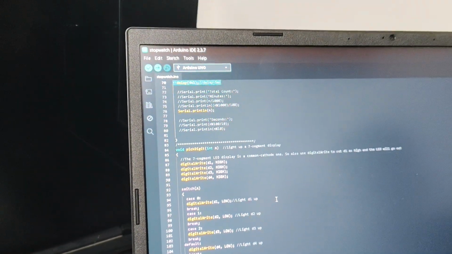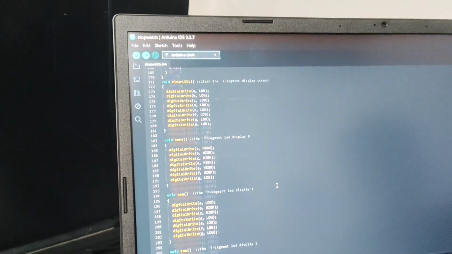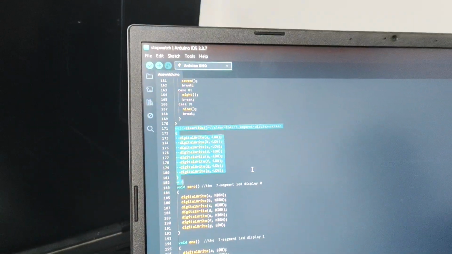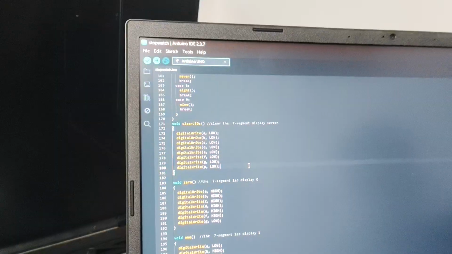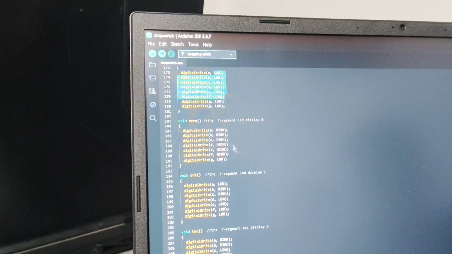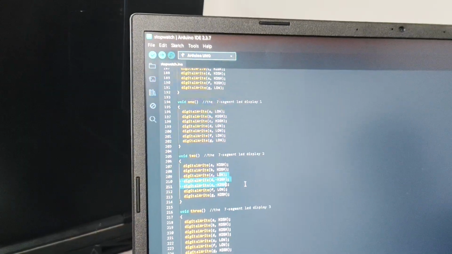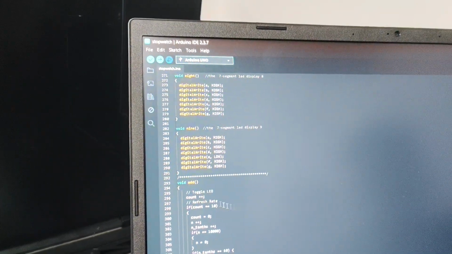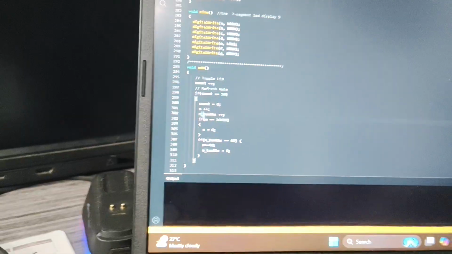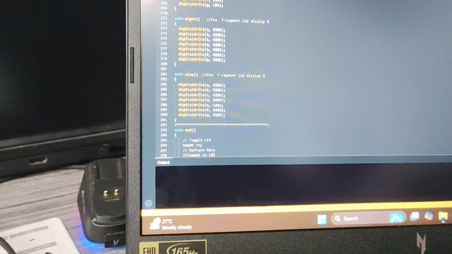The only thing left to show is the different ones. This is just to set the different displays. So clear LCD, we set everything to low. Zero is everything but the middle segment, and so on and so forth. And then finally, the n10s. So the reason why we have n10s here is